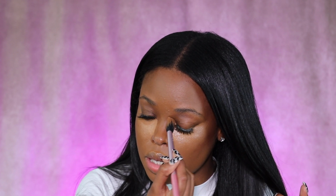Again, guys, I like for my concealers to dry down some, but I don't like the edges to dry down. So I just like to lightly blend those out and then let the rest of the concealer do its thing. Kind of put too much right here, but...